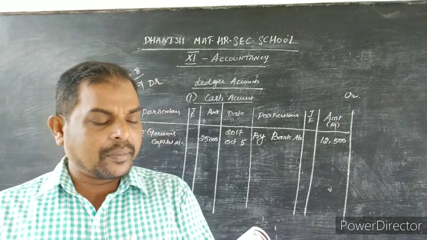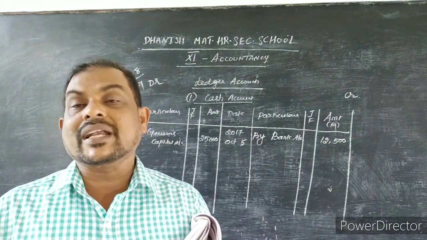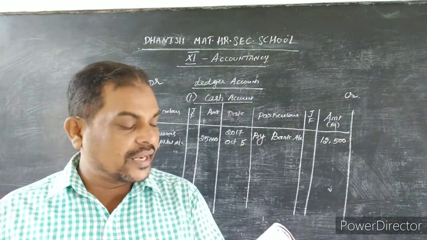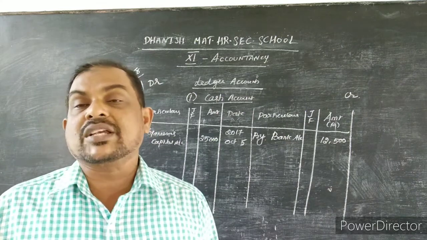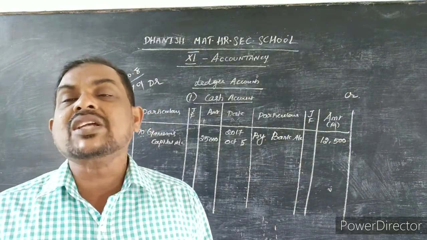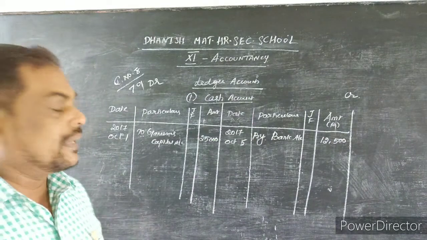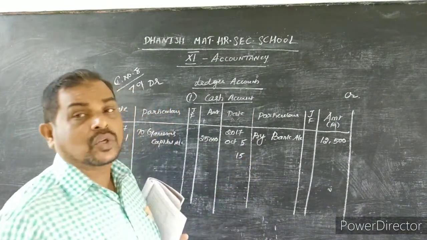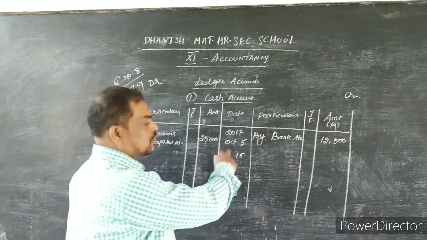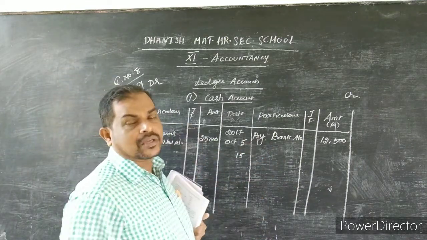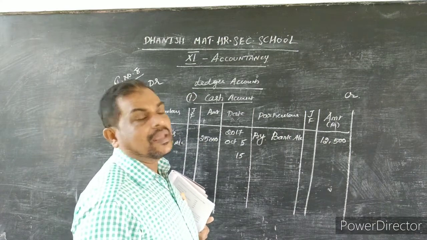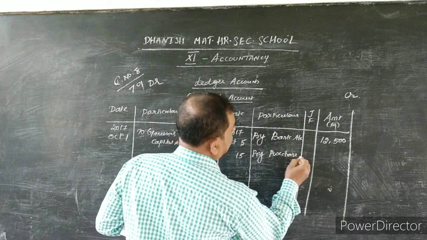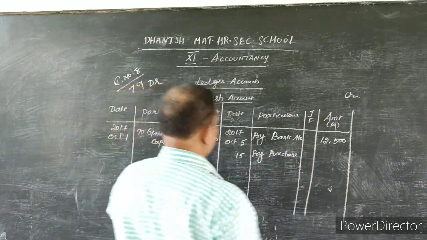What is the next journal entry? Purchased furniture and payment made by check. So furniture account debtor to bank account. Here there is no cash, you just leave it off. Okay, next, come to the next entry. Purchased goods for cash. Purchase account debtor to cash account. Now the cash account is in the credit side, so your hand should come in the credit side. What is the date? Date is 15. Purchase account debtor to cash. So cash will be in the credit side, your hand should come in the credit side. But what is the opposite debit entry? By purchase. Amount rupees 5,000.